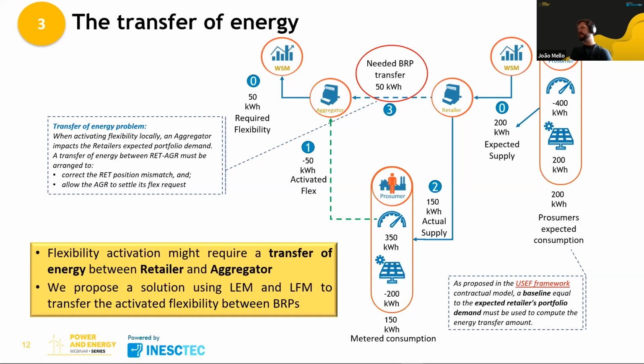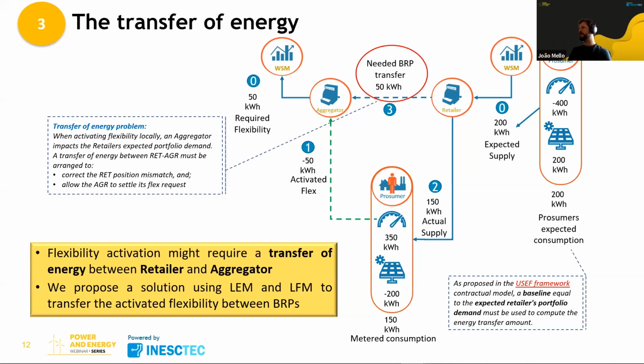So basically what we are trying to solve here is the problem of the need of transfer of energy between the retailer and the aggregator. And this problem originates from the fact that when an aggregator activates flexibility from a prosumer, it causes an imbalance from the prosumer's retailers, because the prosumer retailer has to buy in advance in the wholesale market what it expects that the consumer